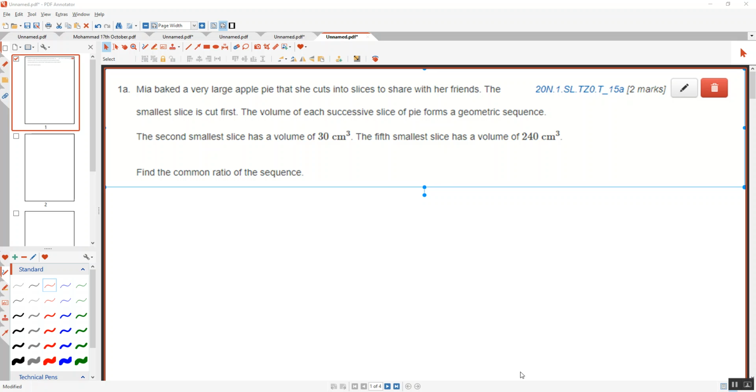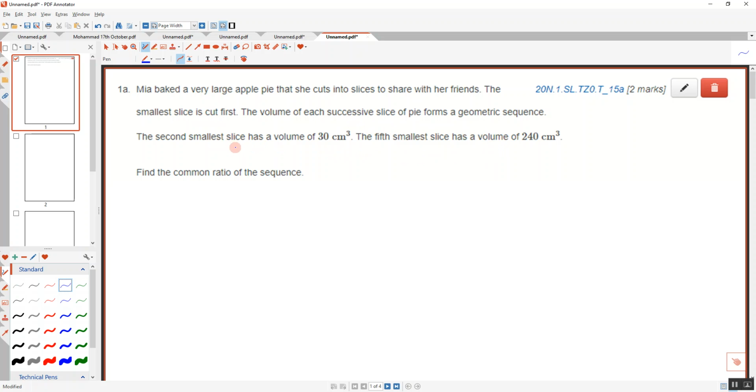Okay, so this is question 15 for the November paper 1 2020. So it is a non-calc paper. We've got this very large apple pie. She cuts into slices. The smallest slice is cut first, and the volume of each successive slice of pie forms